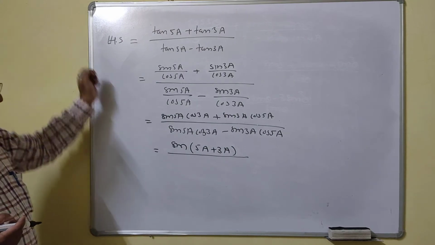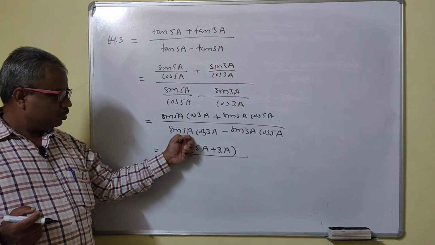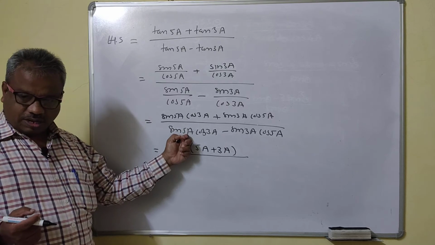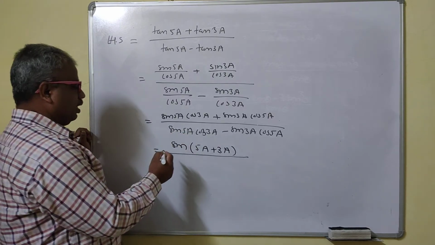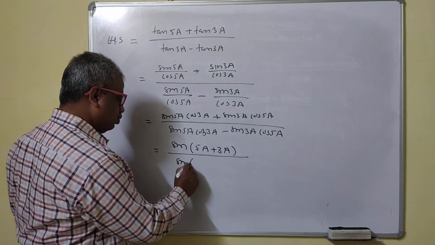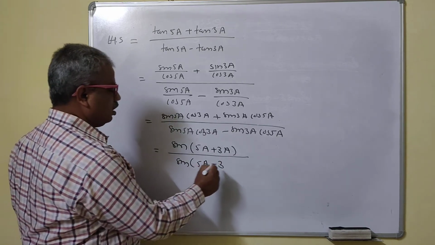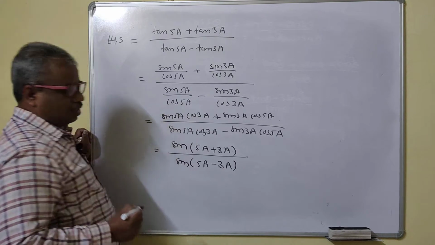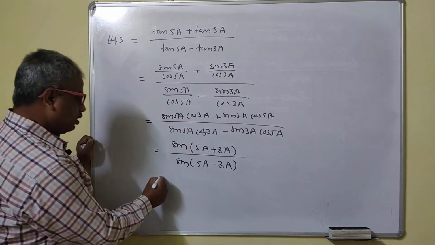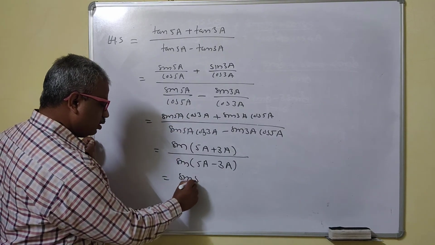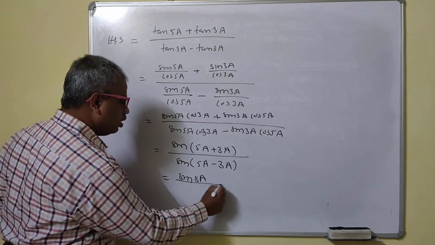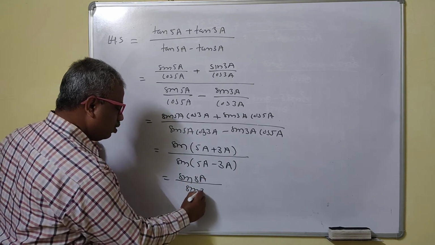So what is now here a? Your a is what? 5a. Right? So the angle of sin is your a now in the first term. So this is what? 5a minus 3a. Right? So this is what then? Sin 8a. Sin 8a upon, this is what? Sin of twice a.